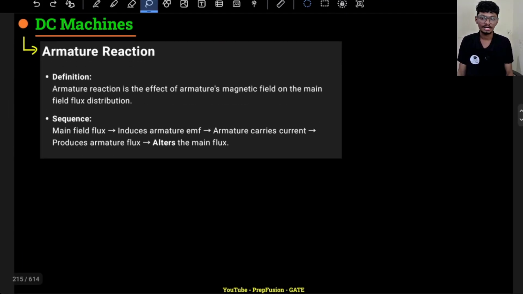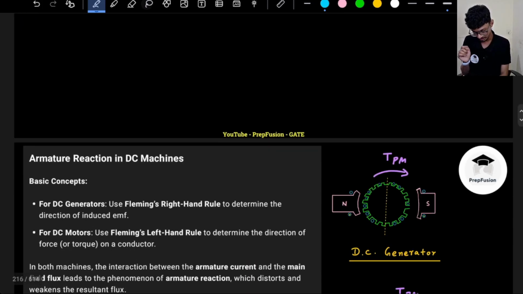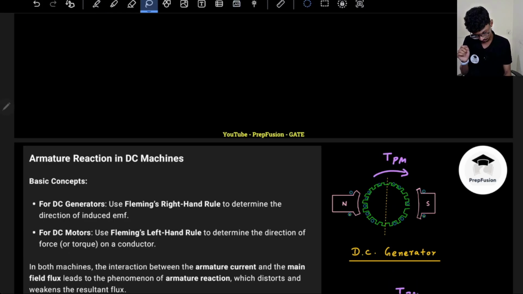So what is armature reaction? To understand armature reaction, as the name suggests, it is the reaction by the armature. Reaction of what? Armature reaction is the reaction of the armature due to the main field flux. So if I copy this, and I know that